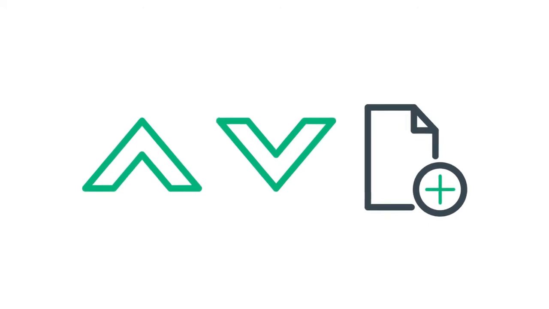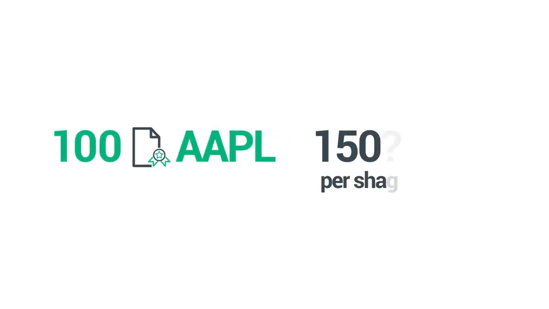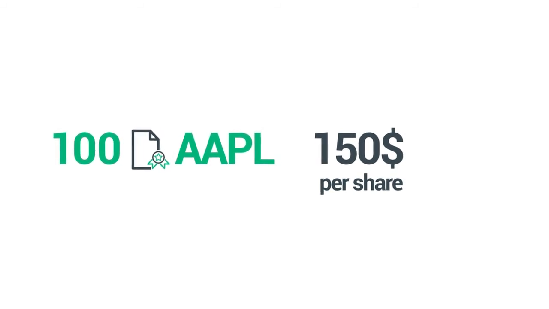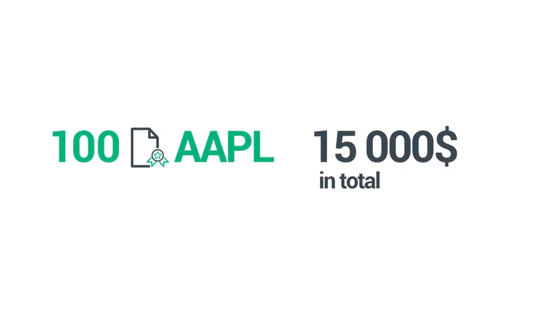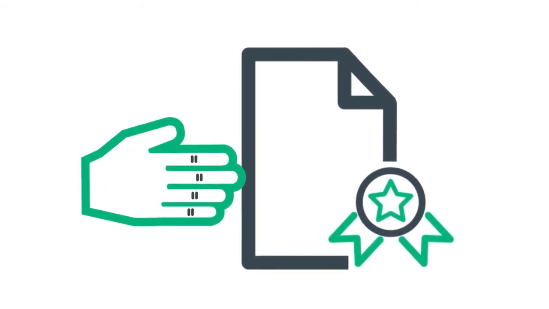Derivative means that you don't actually own the underlying asset. You're simply speculating on whether the price will rise or fall. Let's take stock investing as an example. You'd like to purchase 100 shares of Apple, and its share price is $150, which means that the total investment would cost you $15,000. In exchange for this, you receive a stock certificate and legal documentation that certifies ownership of shares. In other words, you have something physical to hold in your hands until you decide to sell them, preferably